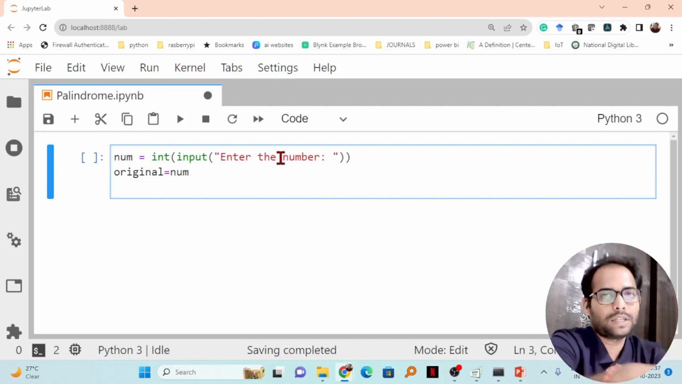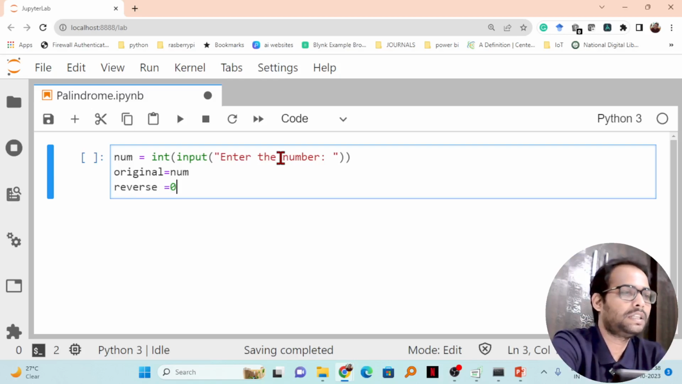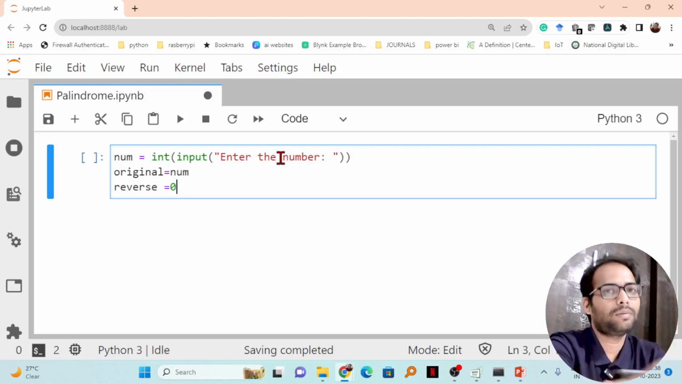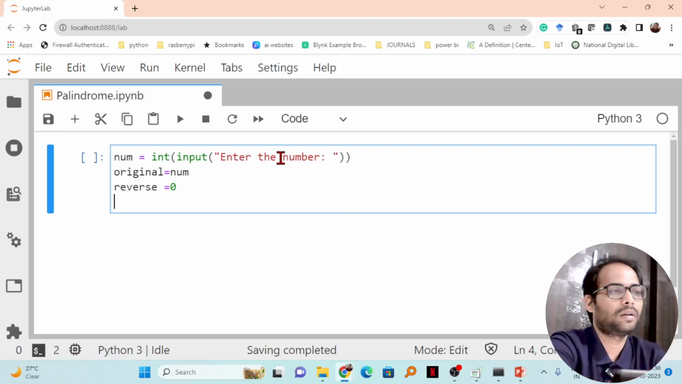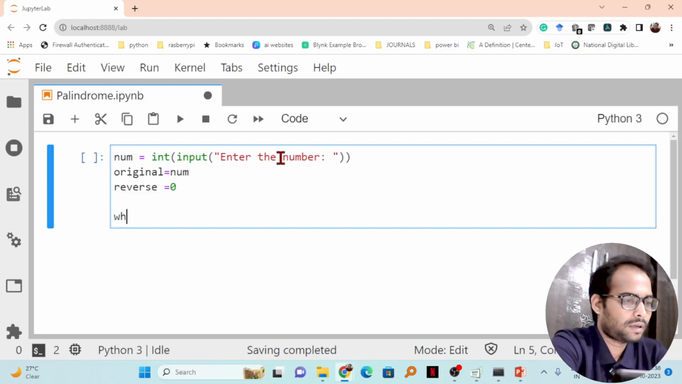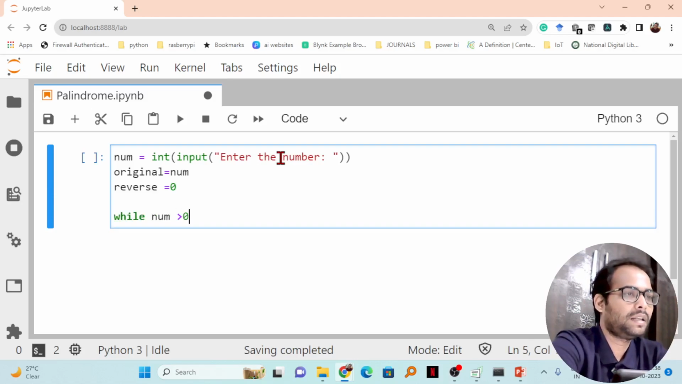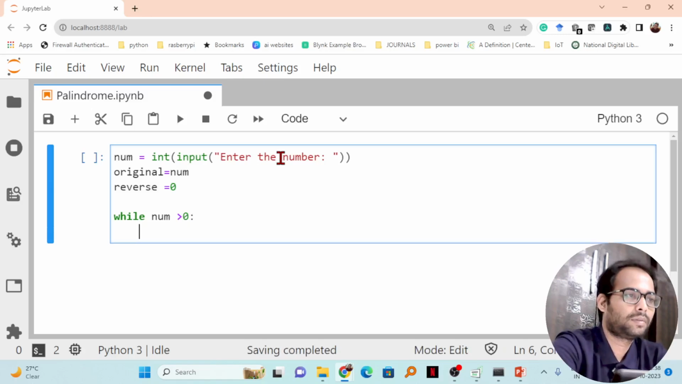and I'm going to change the value of number in the program. Next I'll take one more variable, that is reverse, and it is equal to 0. So we are going to find the reverse number of the original number. Next I'll run a while loop here, and while the number value is greater than 0, okay, till the number value is greater than 0,